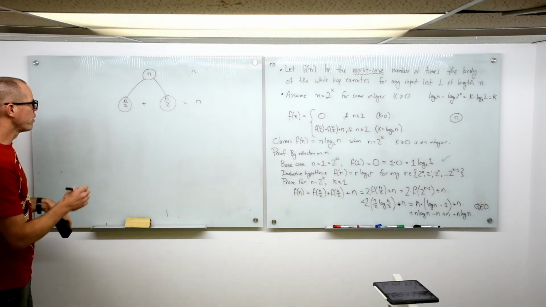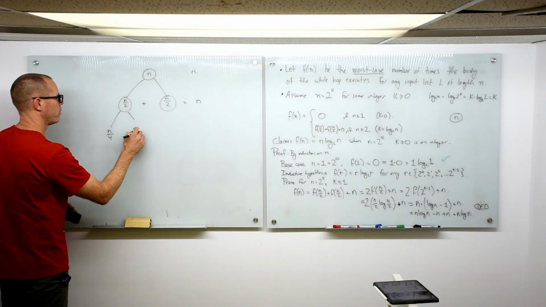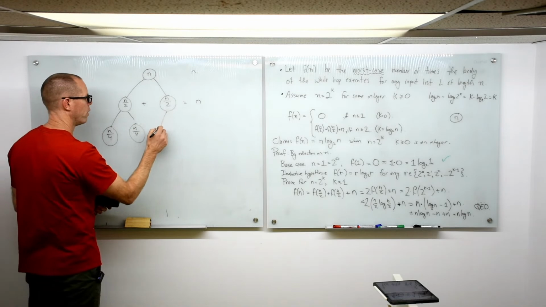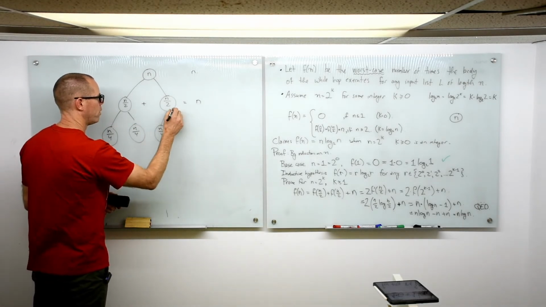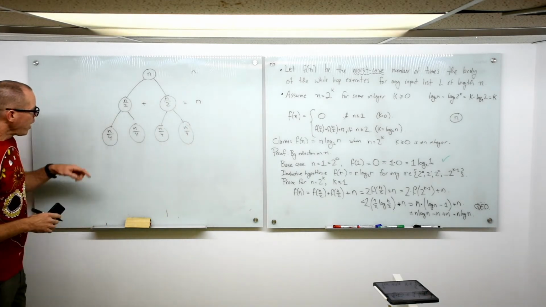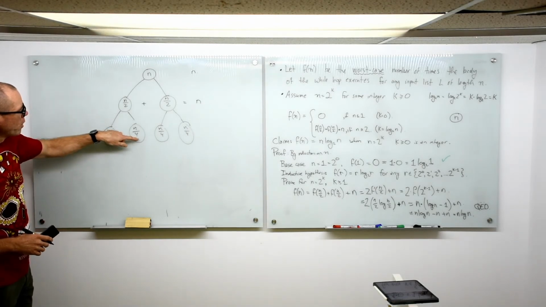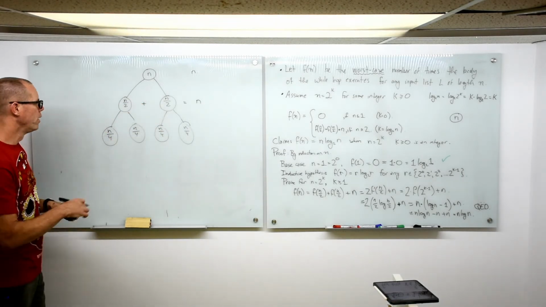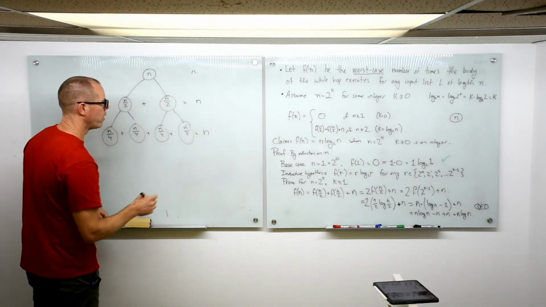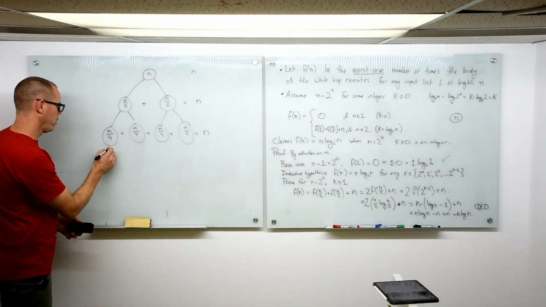But these guys are also recursive functions. Each of these calls merge sort on a list of length n over 4. And the same argument says, well, this is going to have to execute that thing n over 4 times. So is this one, so is this one, so is this one. So there's 4 of them, each of which will do n over 4. So again, that's another n. And this goes on and on and on